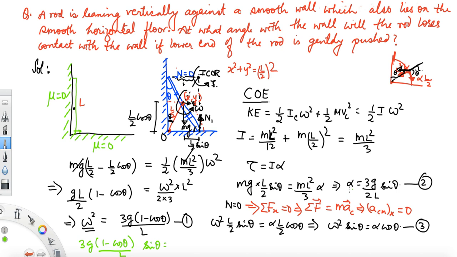Now I'm plugging the value of alpha from equation 2 into equation 3, that is 3g over 2L sine theta times cos theta. So 3g gets cancelled, L gets cancelled, sine theta also gets cancelled. We have 1 minus cos theta